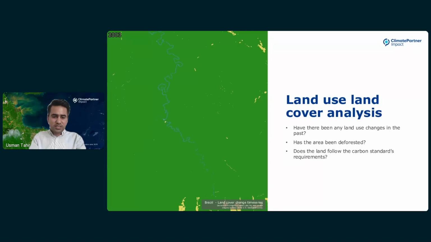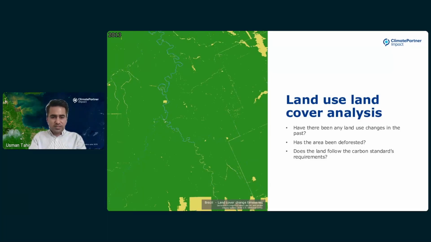So the green one here is similar to the previous one. The green one indicates the vegetation, maybe forest, and the yellow one in the surroundings that you see is non-forested areas. Then after a few years, in 2008, we see that the non-forested area, the yellow patches, has increased significantly. And then in 2023, we see a distinct pattern in which you see the deforestation is occurring in the form of lines, which indicates